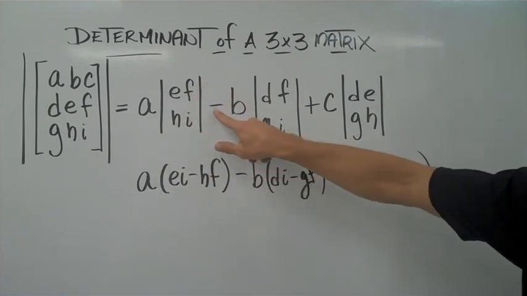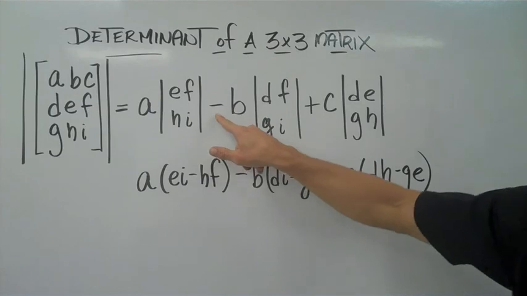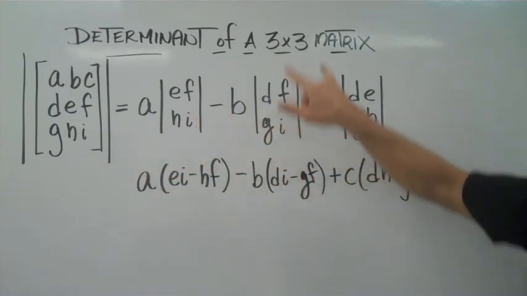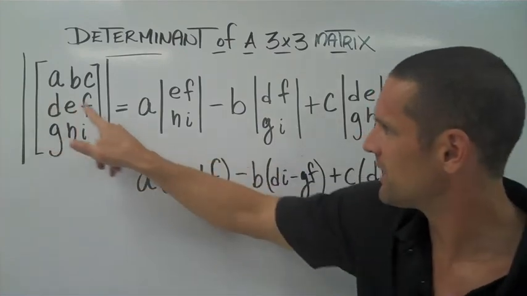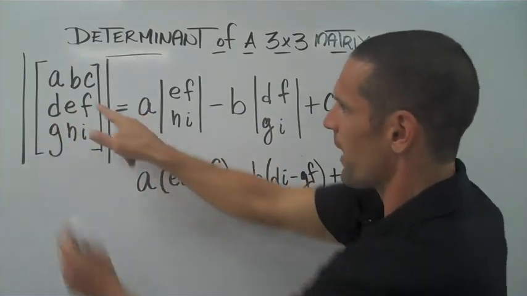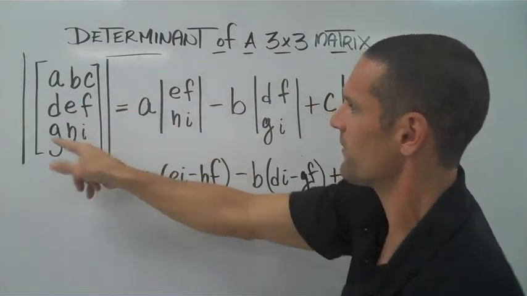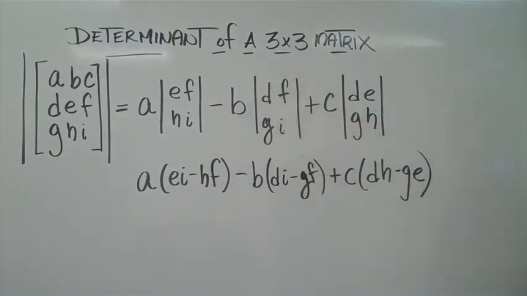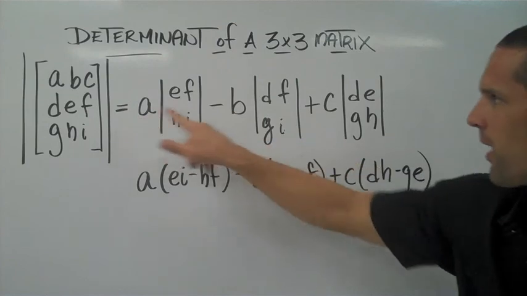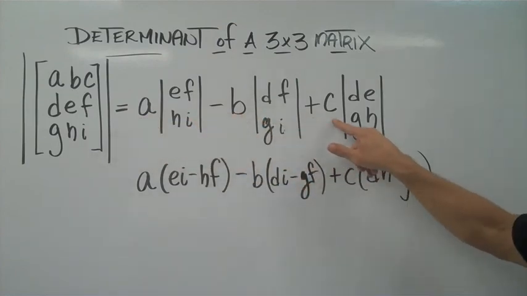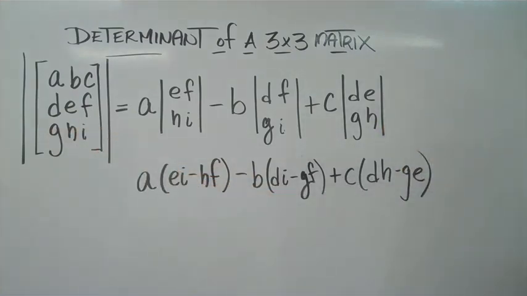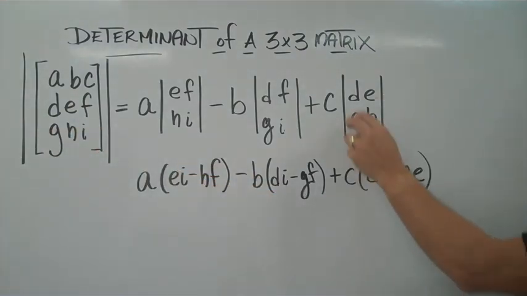Here's the key, minus whatever's in the middle here, B, minus that B, and the B is going to be multiplying by the determinant of the 2 by 2, D, F, G, I. We're going to split y. D splits y. D, F, G, I. So that's D I minus G F. Plus, now notice the signs go plus, minus, plus, whatever C is, times D, E, G, H. That's a 2 by 2. We're going to find the determinant of that, which is our down product, D H, minus our up products,